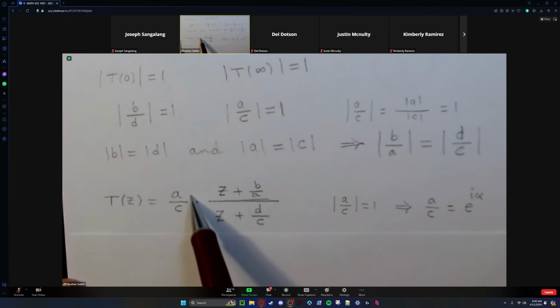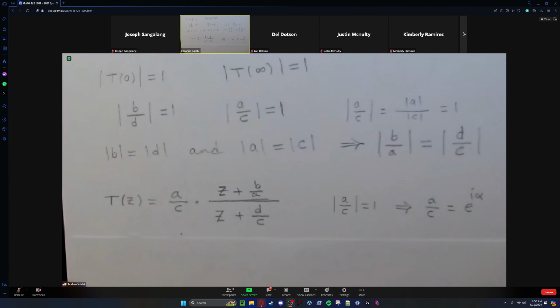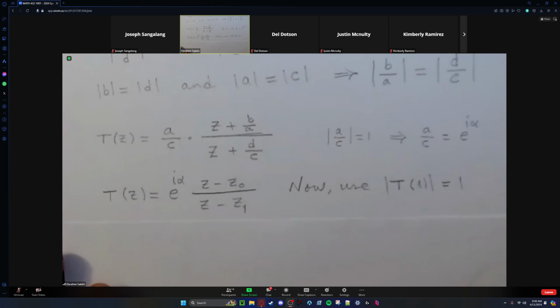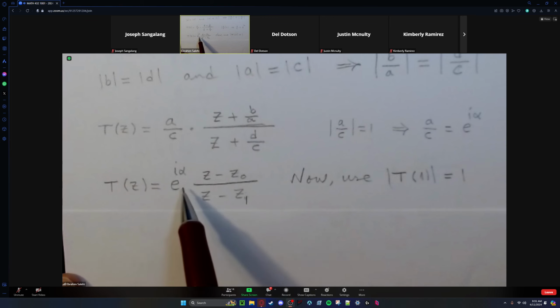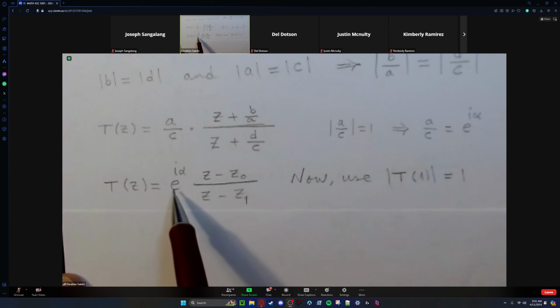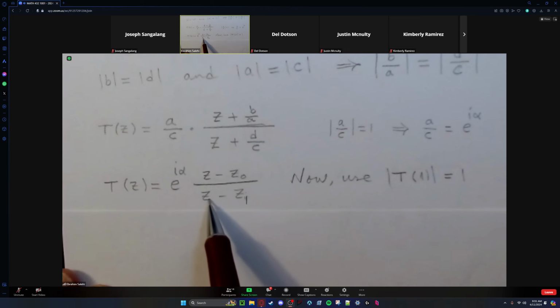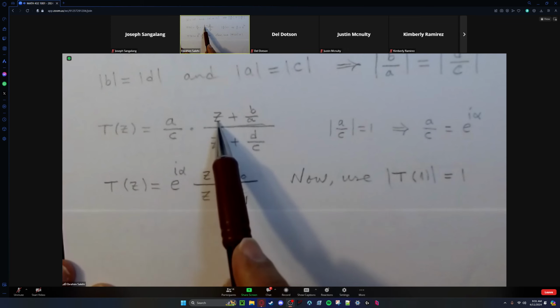So this looks like e to the I theta or e to the I alpha. So by this little observation, the result gives me a number like this, e to the alpha, times, let's say,